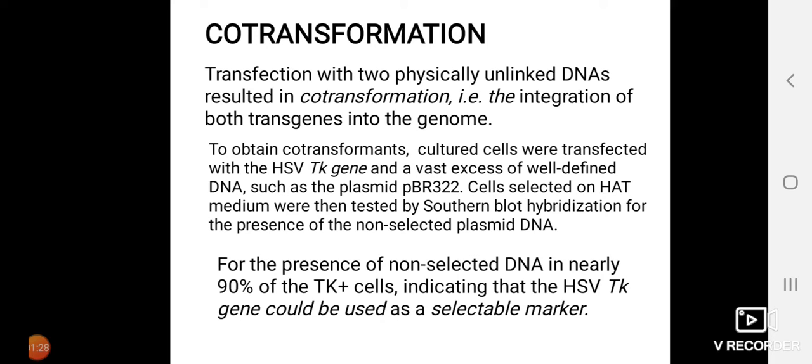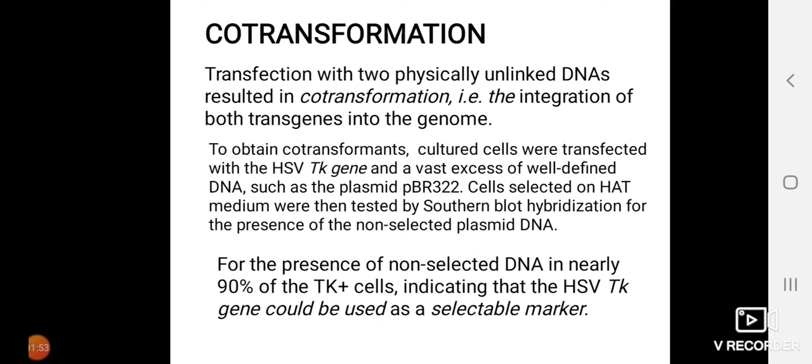For example, here you can see cells transfected with the HSV TK, meaning thymidine kinase gene, and a vast excess of well-defined DNA such as pBR322. The cells are then selected on the HAT medium and tested by Southern blot hybridization for the presence of